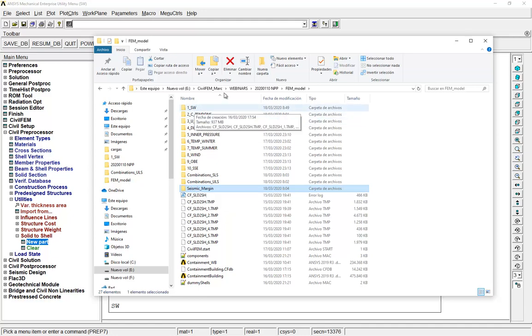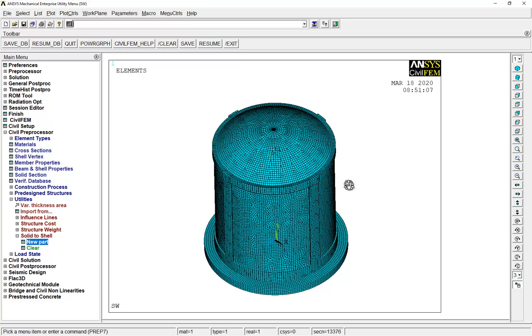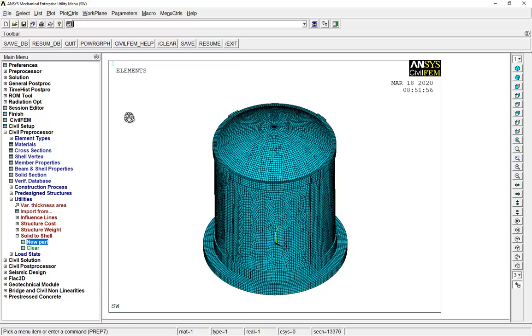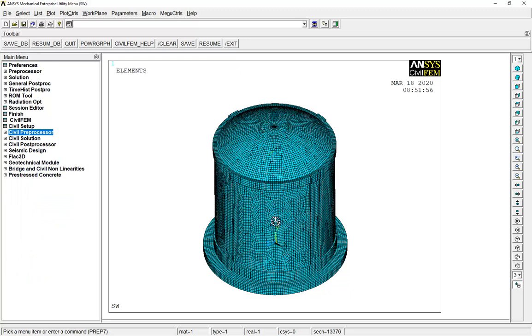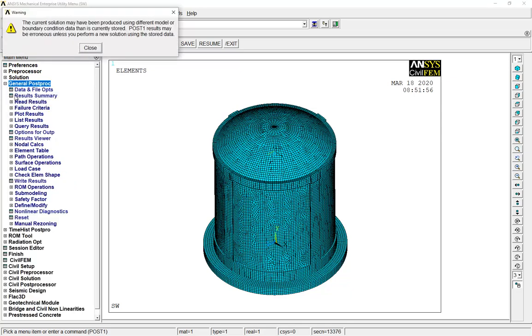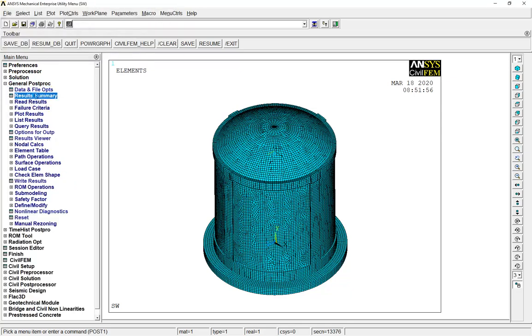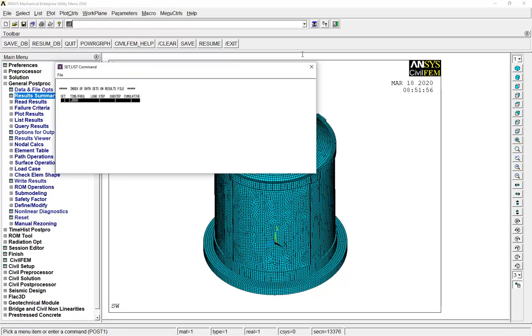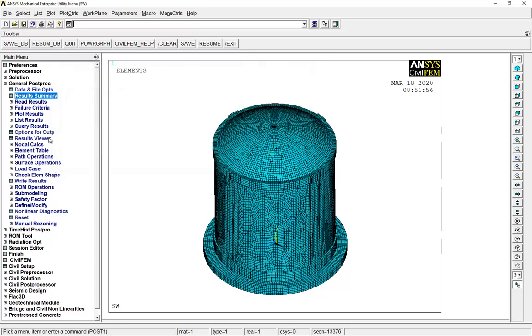So for the self-weight, which is this model, what I have solved is just with the acceleration, just vertical acceleration, y-axis, and I have solved the model. So in the general post-processor, if I plot results, I have just one load step. So reading that load step,